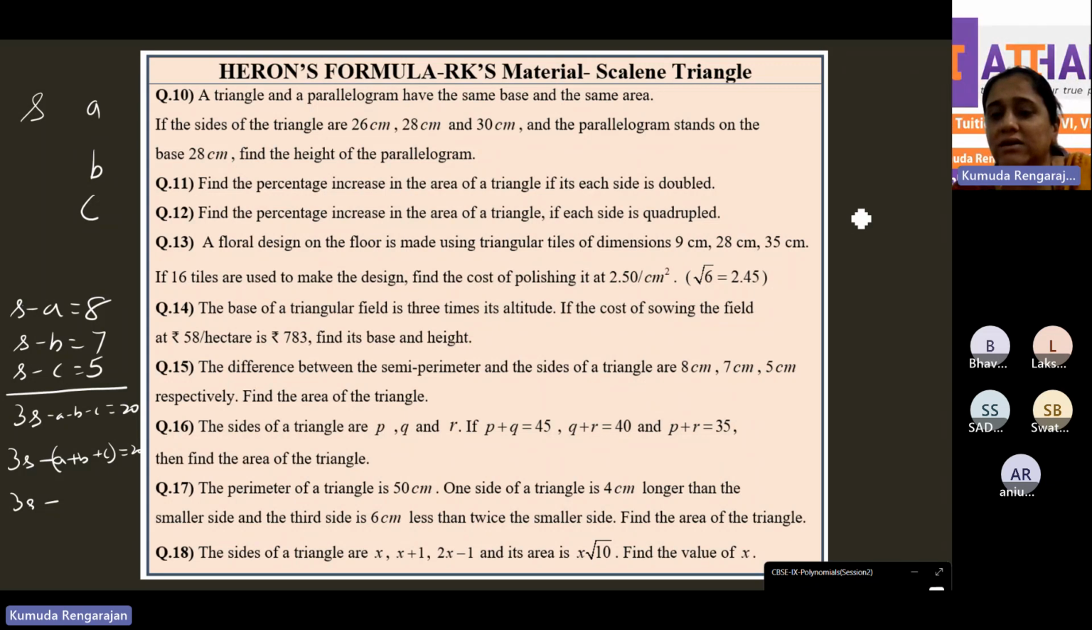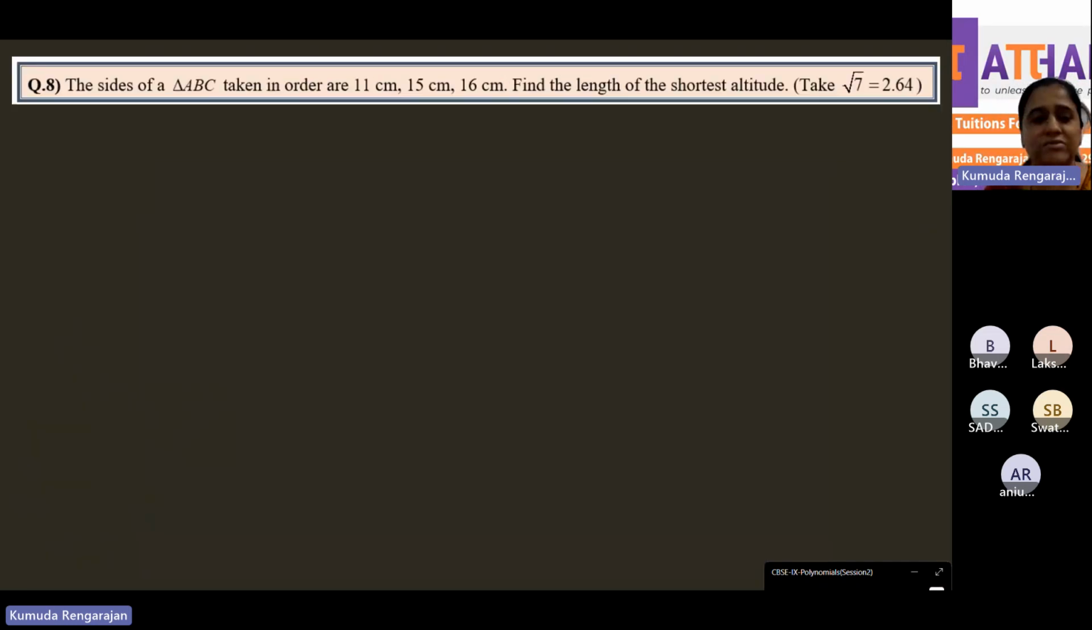Why? Because S is equal to A plus B plus C by 2. So A plus B plus C is 2S. A plus B plus C is nothing but perimeter. And what is perimeter? Twice the semi-perimeter. So A plus B plus C is replaced with 2S is equal to 20. So 3S minus 2S, S is equal to 20. Now we got S is 20. Now we must substitute the formula and